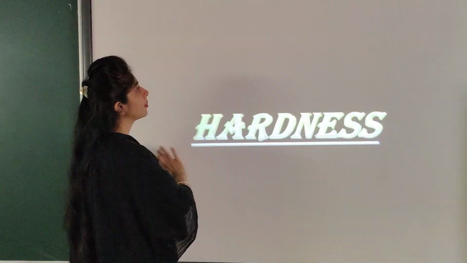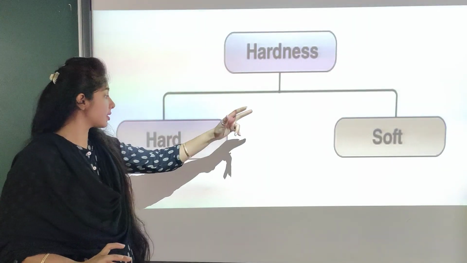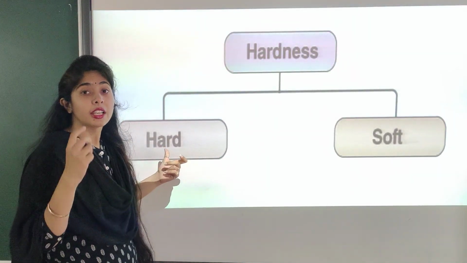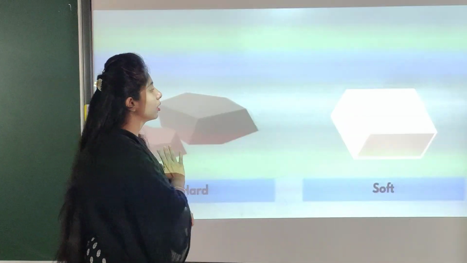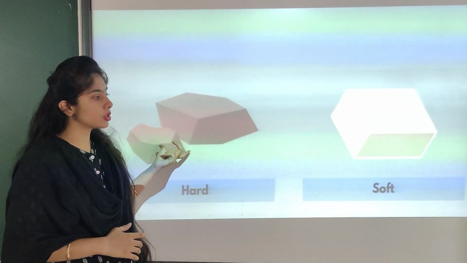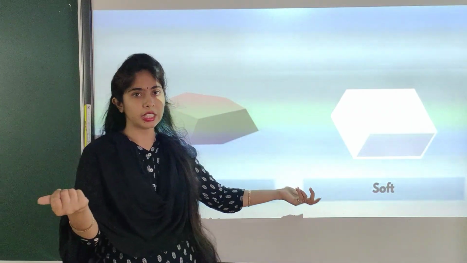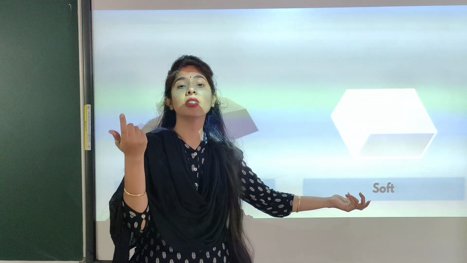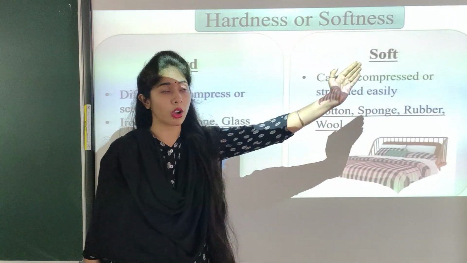Okay, now hardness. What is hardness? Hardness of an object. If an object would be hard or soft. Here you can see the stones. Okay, they are the hard material. Cotton like things, they are soft. Hardness or softness.